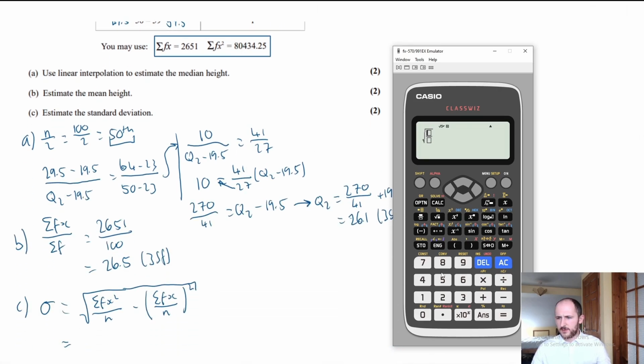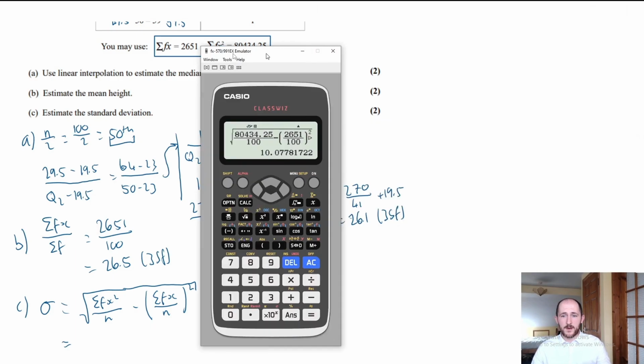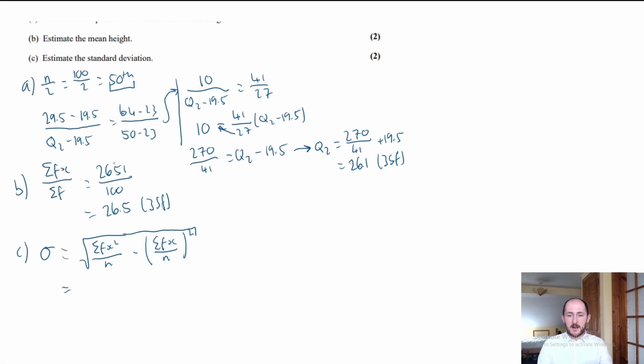So 804,34.25 over this n, which was 100, minus 2651 over 100 squared. 10.1, let's call it. So that was 6 marks in total, and if you have a look at how long